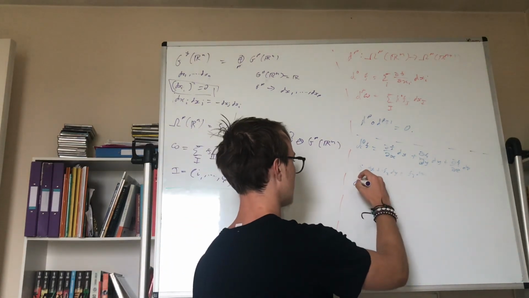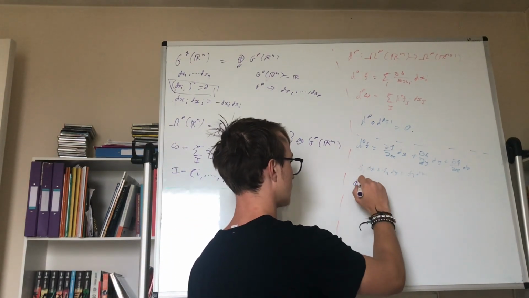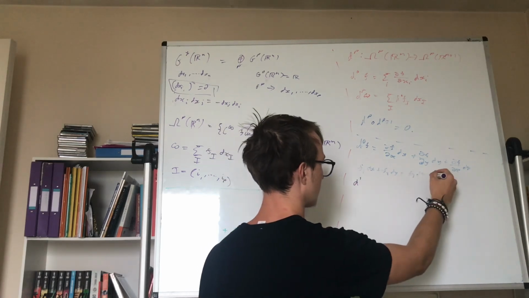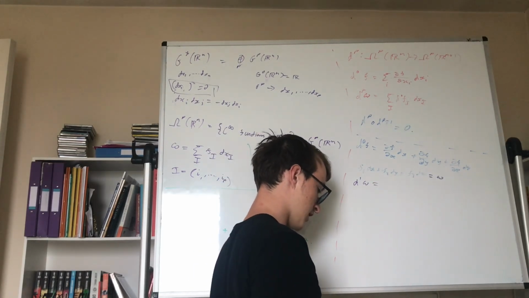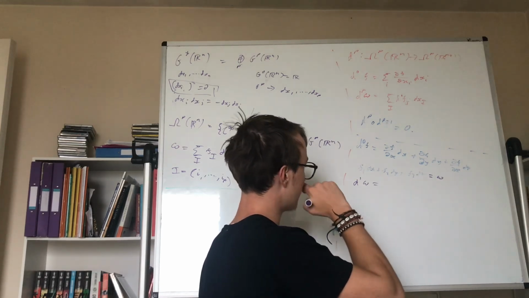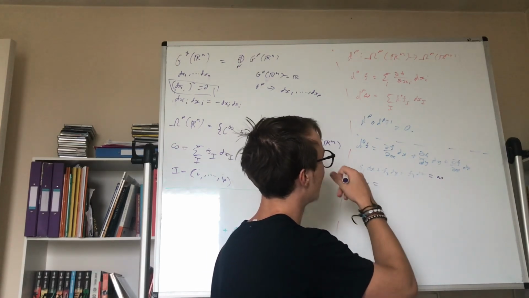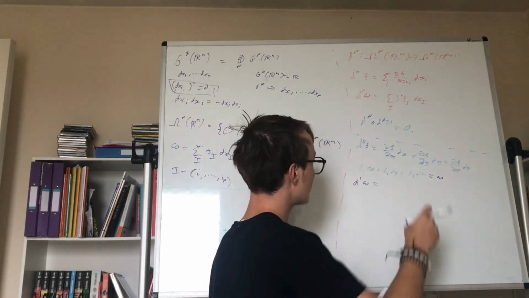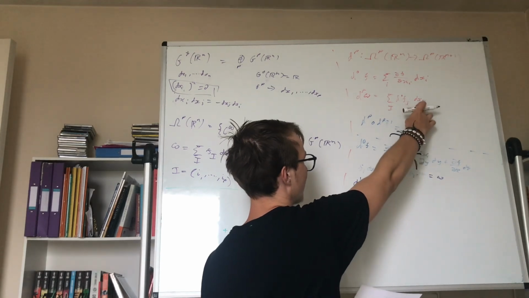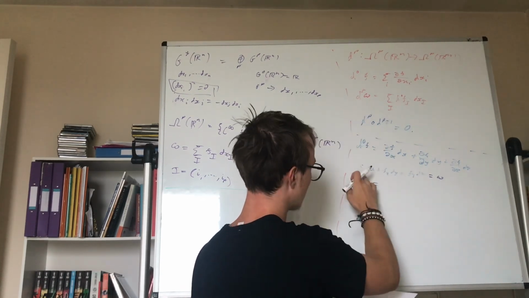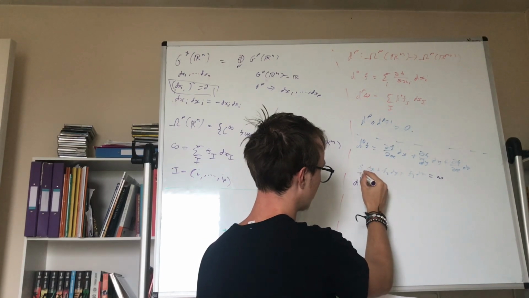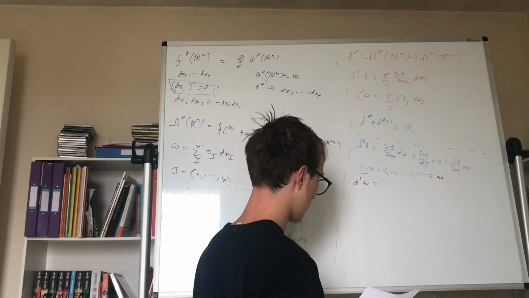So if we call this omega, if we did d1 of omega, what would we get? Well, okay, this is a little bit more complicated now. So, firstly, with respect to x, what do we have? We have to take d0 of